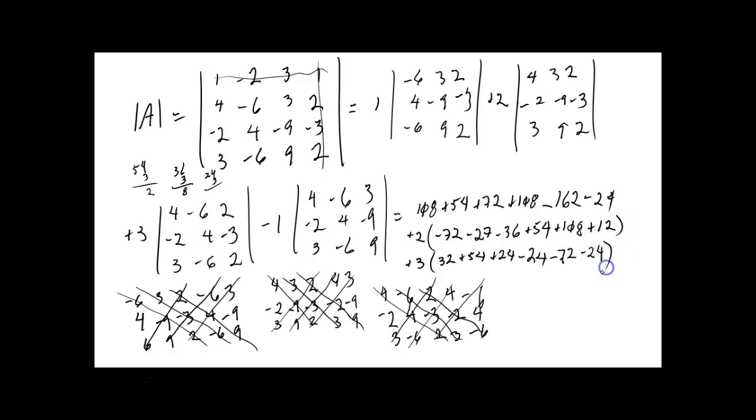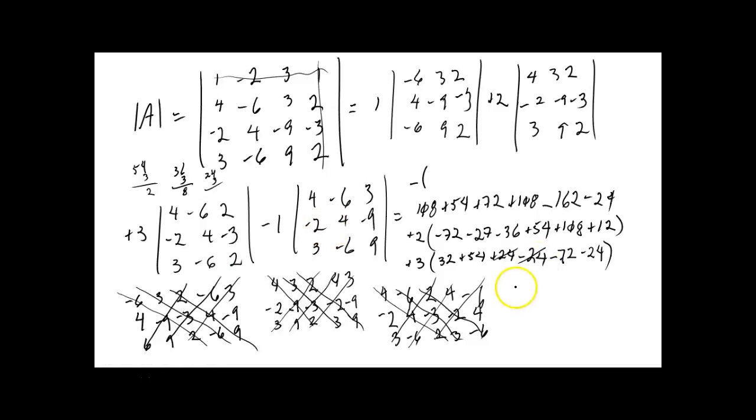Now, before I do anything else, I notice that this plus 24 minus 24 is going to add to 0. So I'm going to get rid of those post haste. I've got one more to do, and that's the minus 1. And what I'm going to do is put it up here, if that's okay. I'm just going to put a minus in front of my parentheses, and then I'm going to expand that 3